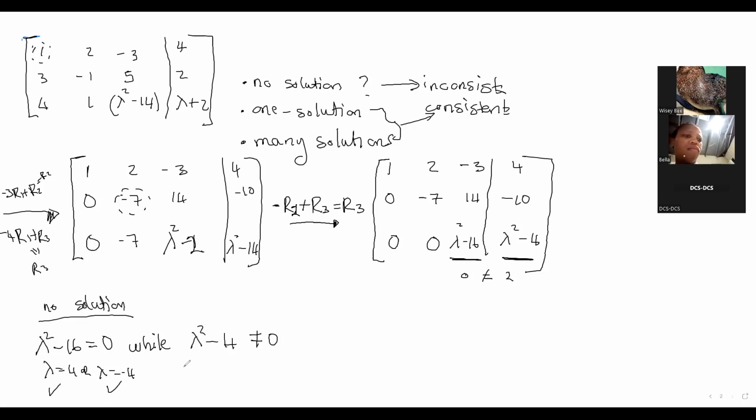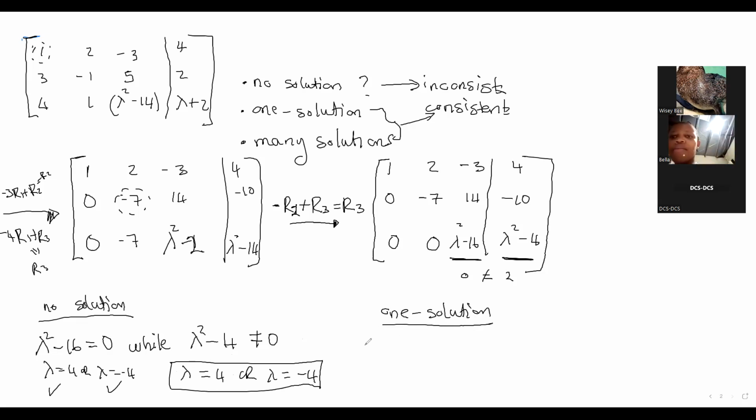So these are my conditions. Lambda is equal to 4, or lambda is equal to -4, will give me a situation whereby I have no solution. But if they had asked for one solution, still using the same stuff, I'm just going to erase this. Lambda squared minus 16